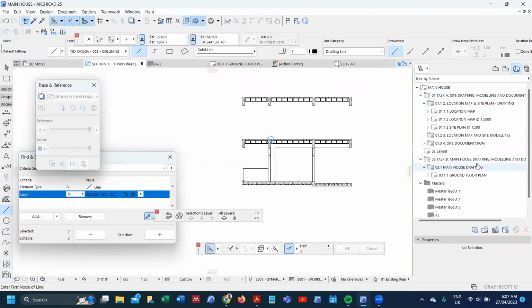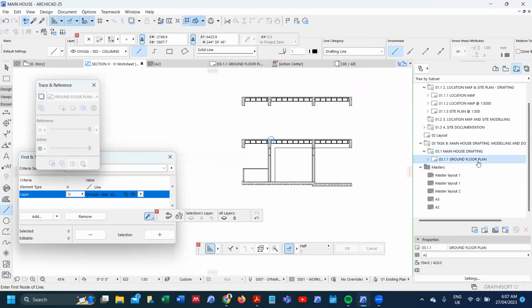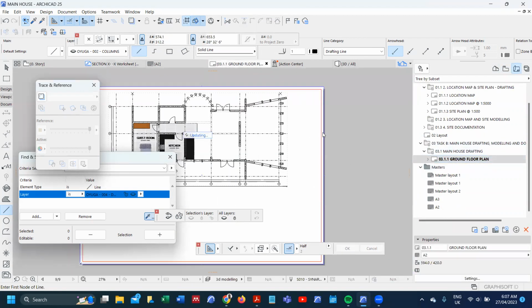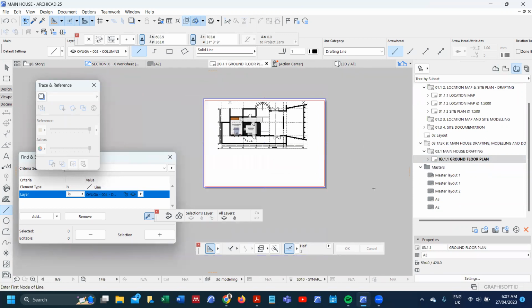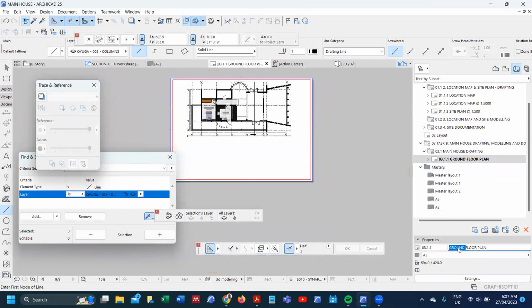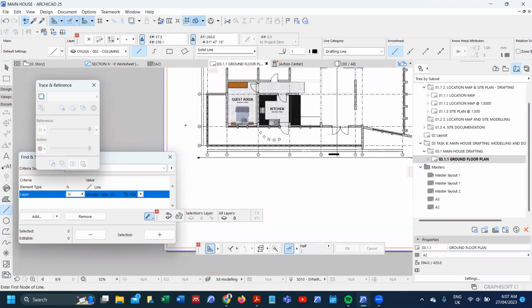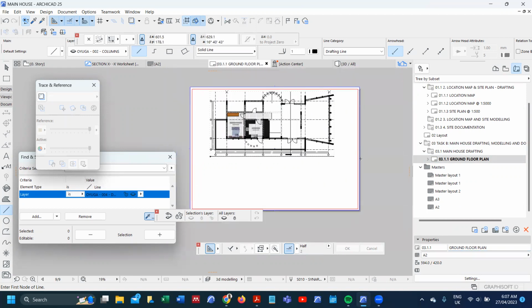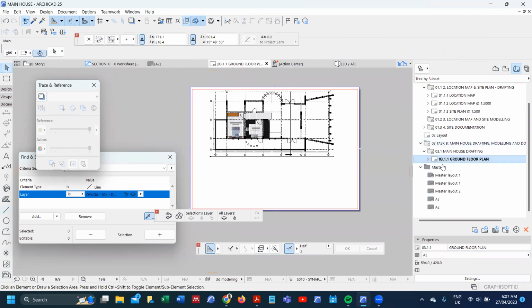And you'll come and place it. So you'll see now it's more than the ground floor plan. Most probably the first floor plan will not fit here. Just look at the half it's occupying, so I might need a new sheet for the first floor. So, but besides the ground floor,